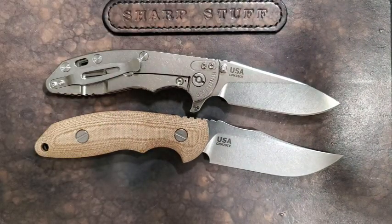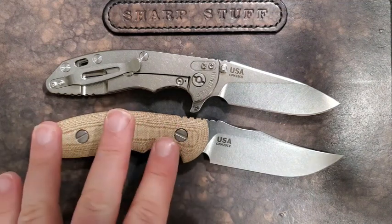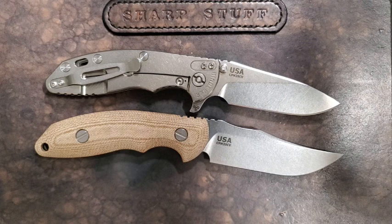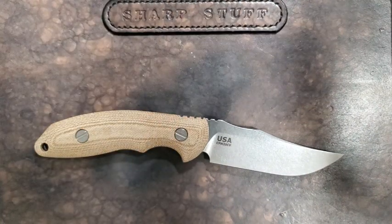Also, let me add that I'm a big fan of fixed blades in around this size. I love to carry a fixed blade that's right around that 8-inch mark. I just find that, for actual cutting tasks, apart from kitchen work, it's just the nicest size. It's more usable. It's more comfortable to manipulate when you're doing any kind of working task with a knife. Let me get the XM18 out of the way. Maybe I'll bring it back at the end. So let's just keep it on the table. Anyway,